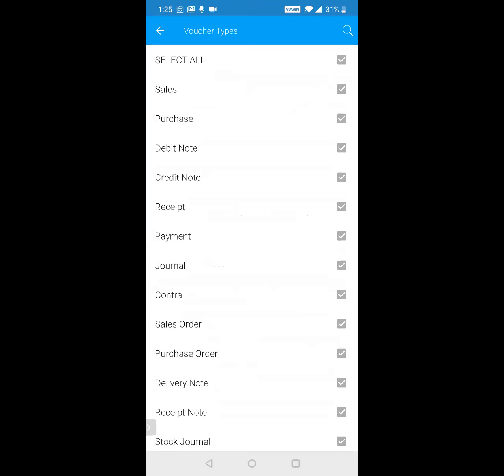Access by voucher type. So this is where, if you click on an invoice number, you're able to see the invoice detail, right? But I don't want him to see invoice detail of any voucher type other than sales or receipt. Okay, everything else he should not be able to see, so I can limit it from here.